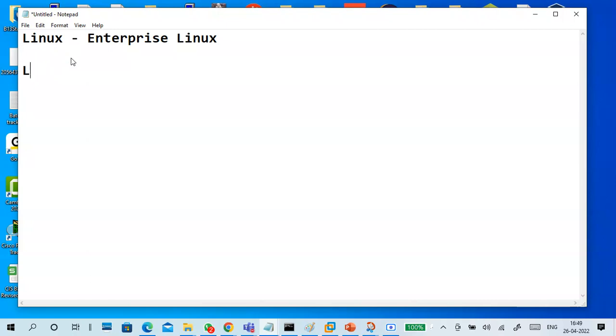First of all, Linux distributions. Different types of Linux distributions are there. A very important one is RHEL, Red Hat Enterprise Linux. Next one is Fedora, SUSE, Debian, Scientific Linux.